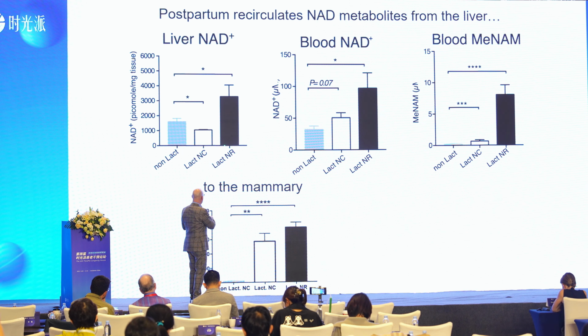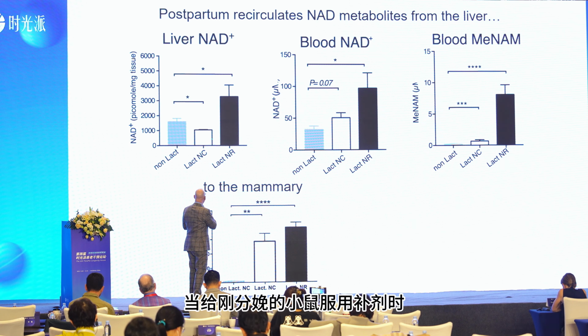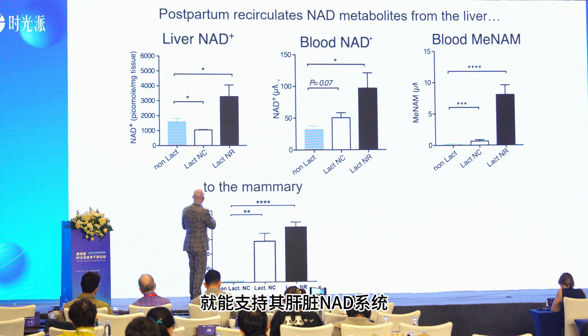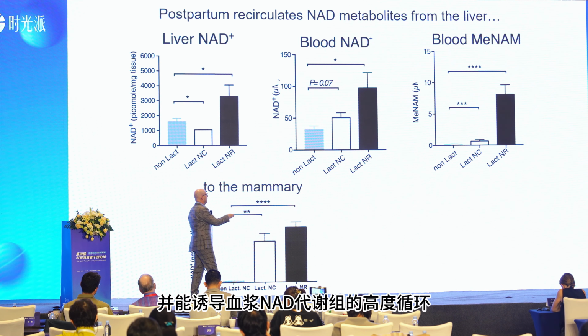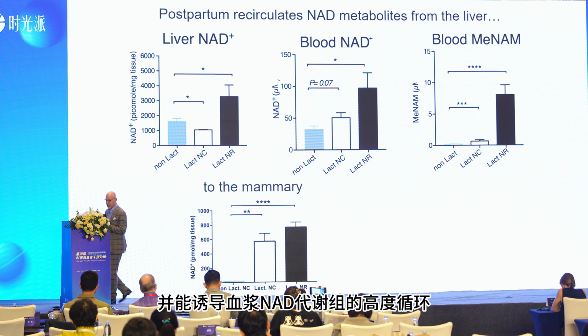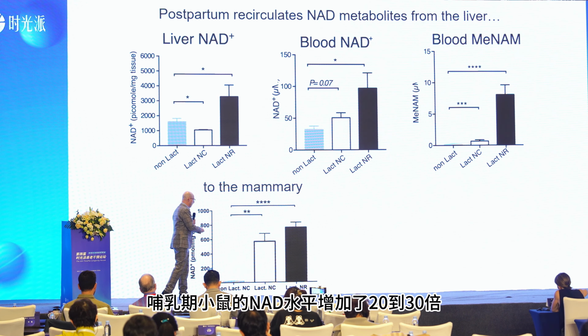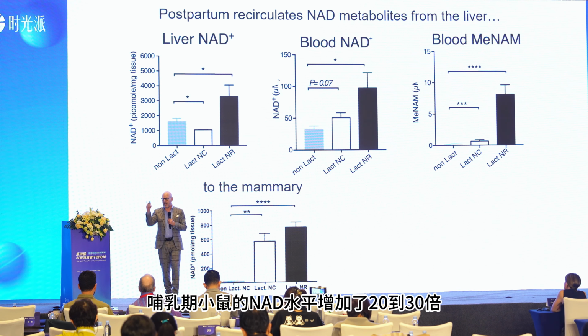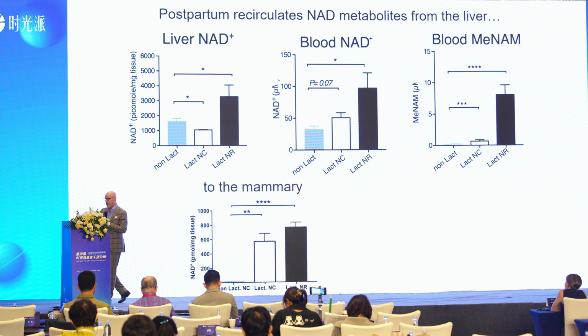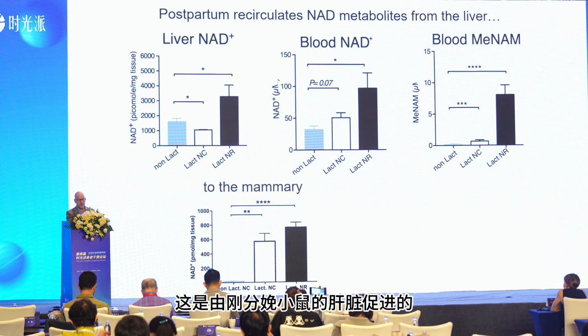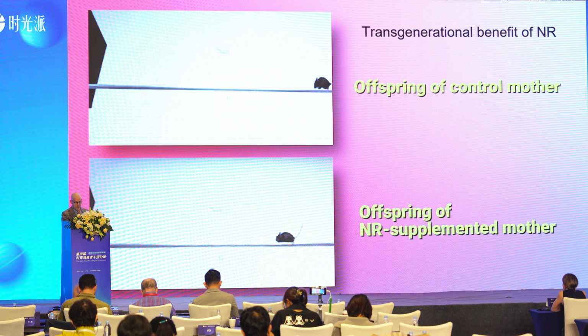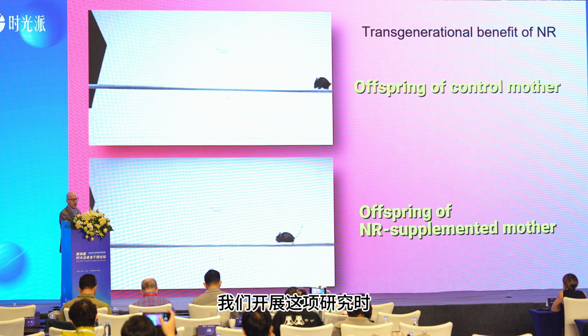When you supplement the new mother mouse, you can support her hepatic NAD system, and you can super-induce the circulation of a plasma NAD metabolome. And the amazing thing is that NAD is going to the mammary. So the lactating mouse has a 20 to 30-fold increased level of NAD that is being supported by the new mother's liver. And so when we did this work,